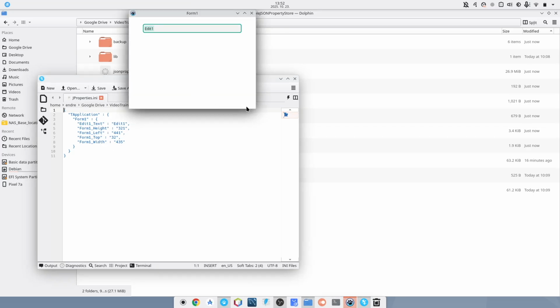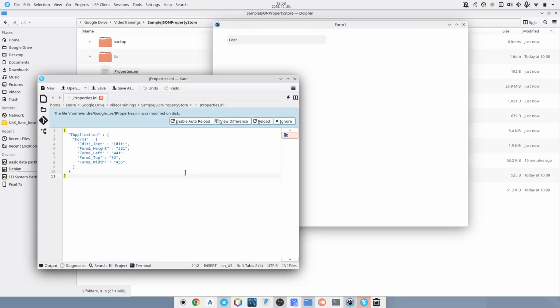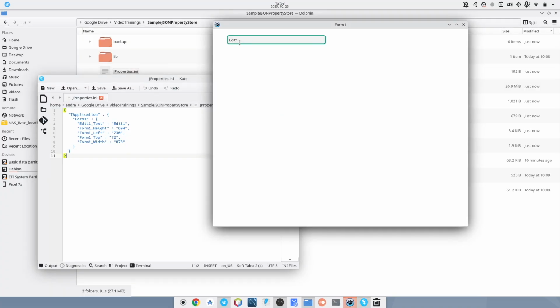When I'm changing the bounds, or I'm resizing the form, and I'm going back to here, you can see that the file is already updated. So here I need to reload and just look at these results. So these are changing to the actual state. And also if I'm changing the text here,